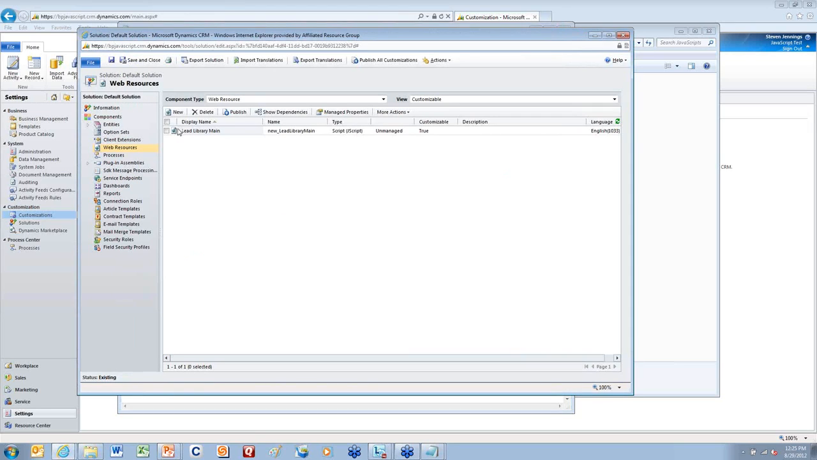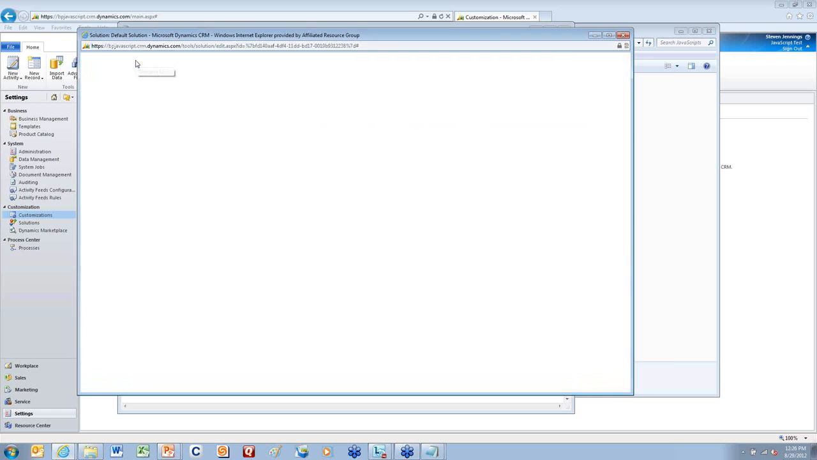Now that I can see it in my web resource, I've got a new library. There's the name of it. There's the JavaScript file. And it's customizable. Unmanaged basically means it's something I can change later. If it was managed, it would be locked down. I can't change it. So always leave it as an unmanaged resource file. Okay. So then what we'll do is, now that we have our web resource here, I can hit save and